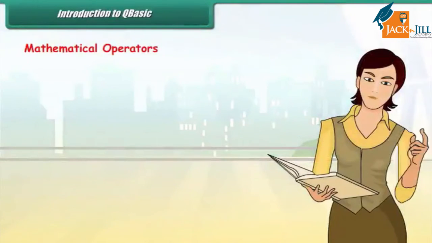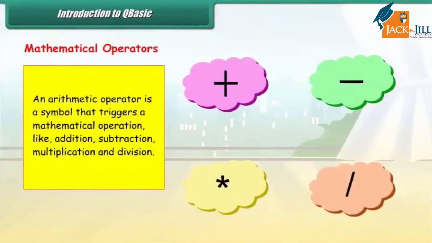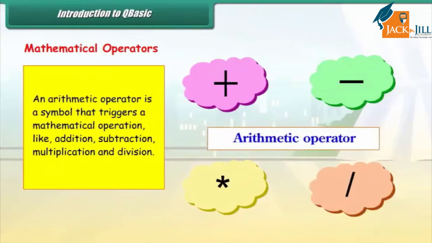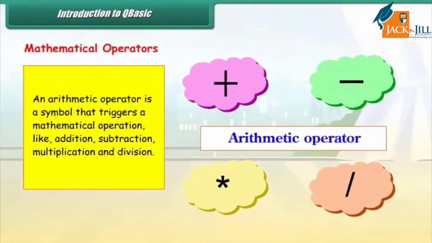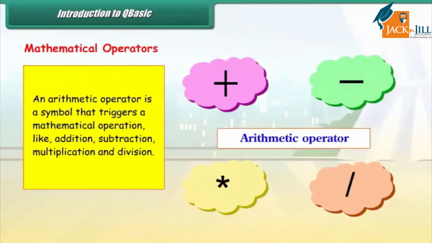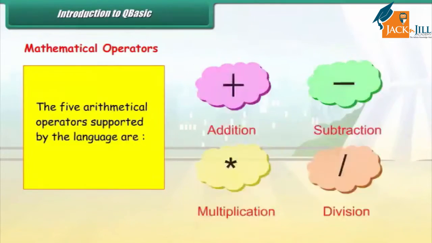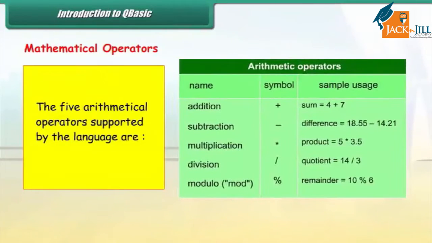Mathematical operators. An arithmetic operator is a symbol that triggers a mathematical operation like addition, subtraction, multiplication, and division. The 5 arithmetical operators supported by the language are